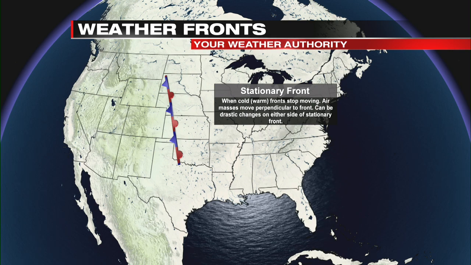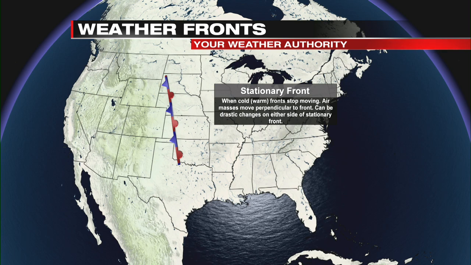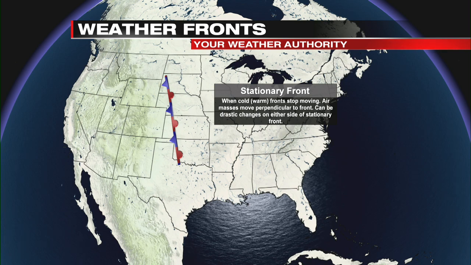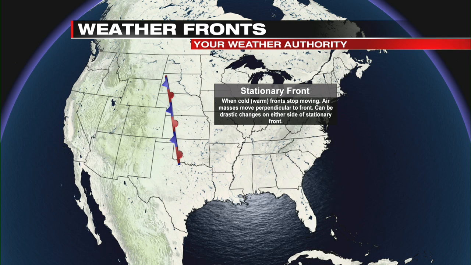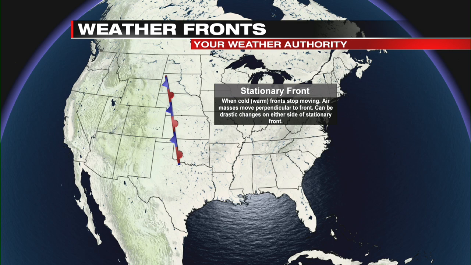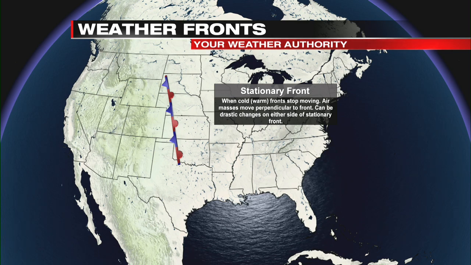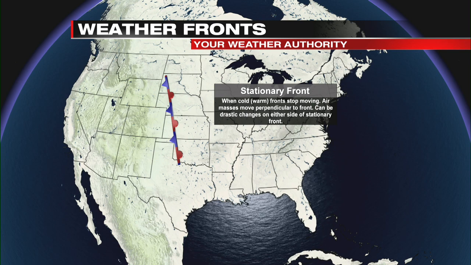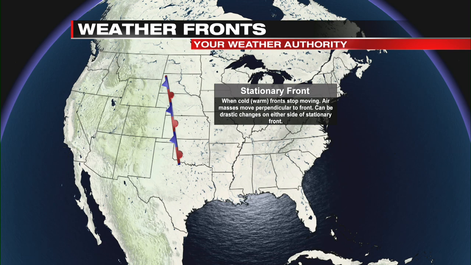Stationary fronts, at first glance, we don't think of as having bad weather at the surface. But a lot of times when fronts don't move, you can get what we call training, which we've mentioned before, where storms form along the front and keep forming along the front and move along that front. So if it keeps happening over and over in the same area, we do worry about flooding with stationary fronts. Basically, think of a stationary front as a set of train tracks. That's the path that storms have to go along.